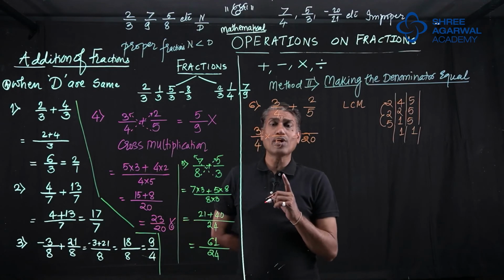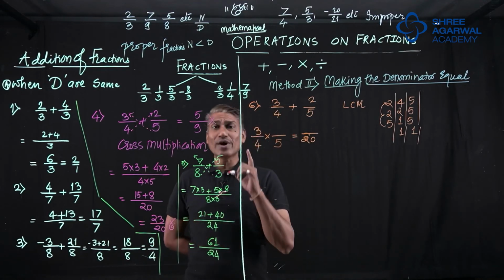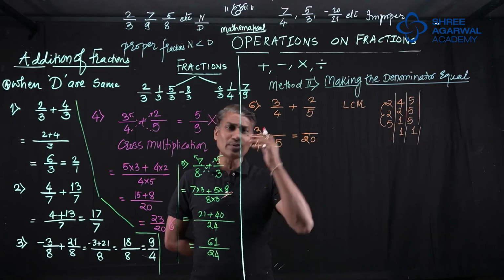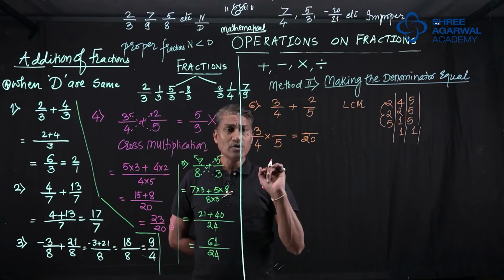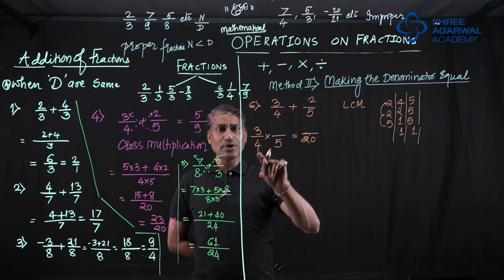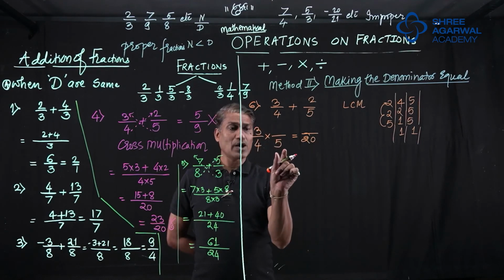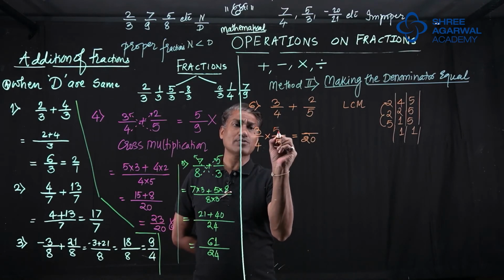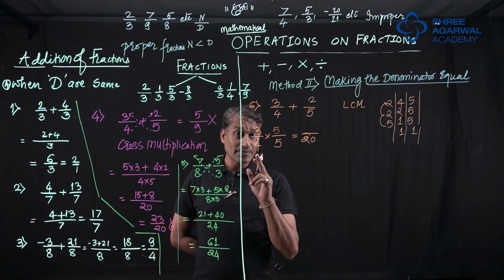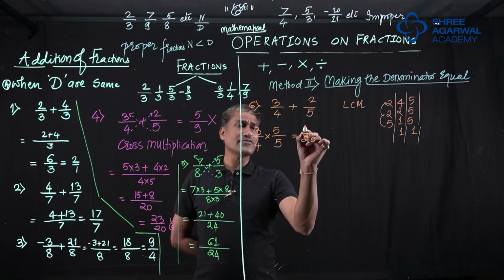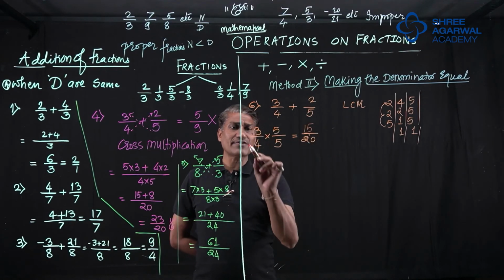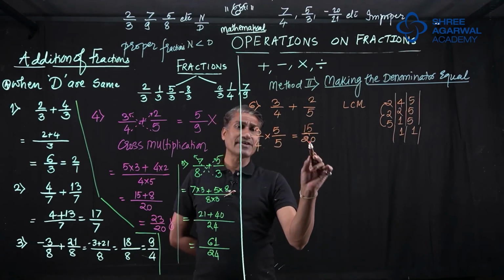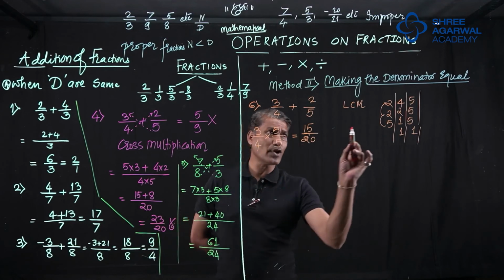But in maths, you know one golden rule. You can do anything provided you don't change the value of the fraction or the number. So this 3 upon 4's value should be maintained. Because we are multiplying the denominator by 5, we have to multiply the numerator also by 5. Then the value will remain the same. So 3 5s are 15. Now see my dear friends, 3 upon 4 became 15 upon 20. The value remained the same, but the denominator became 20, which we wanted.